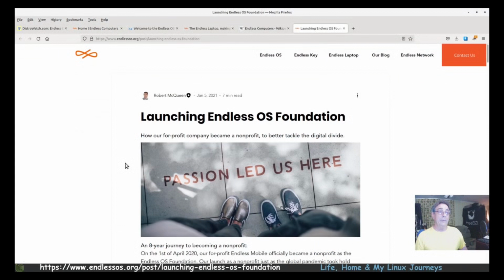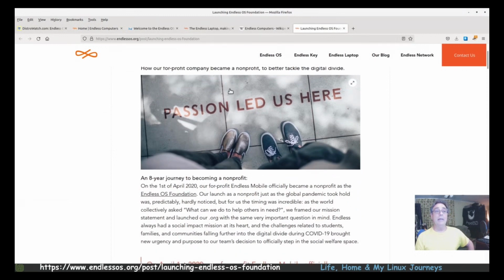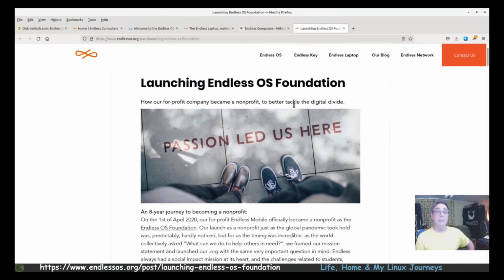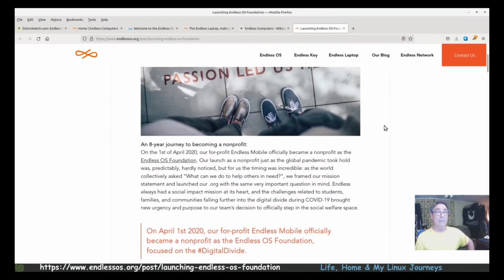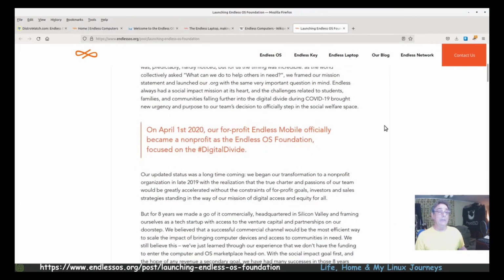Here on their recent news for endlessos.org, it says how their for-profit company became a non-profit to better tackle the digital divide between basically the rich and the poor. There's just no other way to say that. Or the ones that don't have, would like, and can't get. However you want to say that.